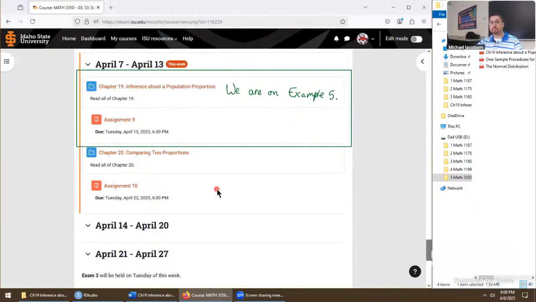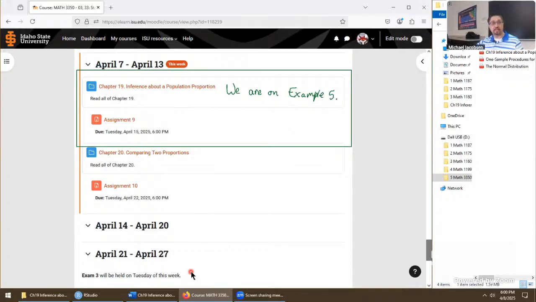This week is a big week for us because whatever we 100% complete as a chapter will inform us on the last chapter to expect on the upcoming exam 3. That's probably going to be chapter 19. Chapter 20, I think we'll likely finish when we come back on Tuesday of this week right here. So that means exam 3 is going to be covering chapters 17, that's one mean, 18, that's two means, and 19 for one proportion. So that also means this weekend is a busy one.